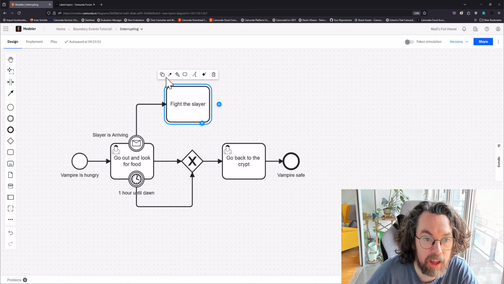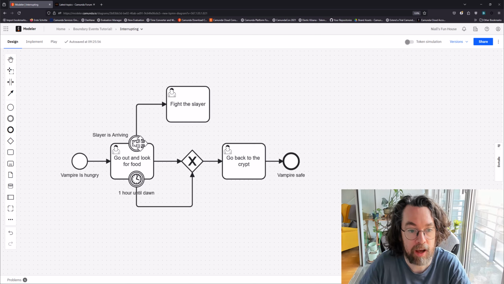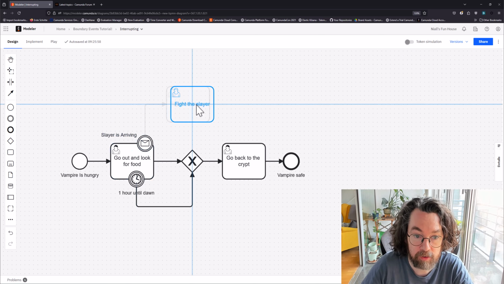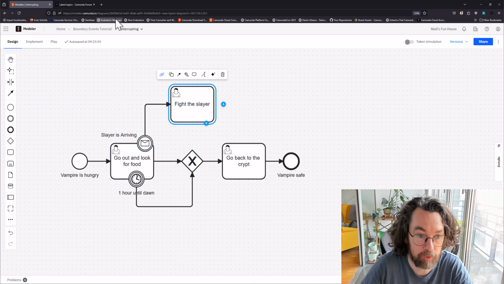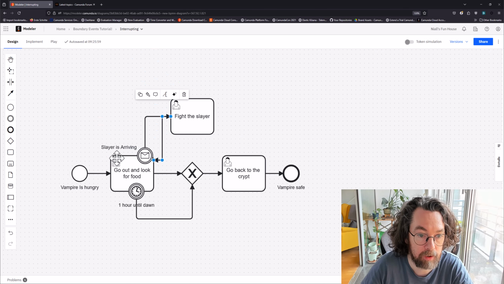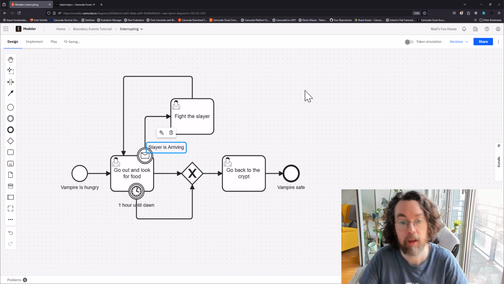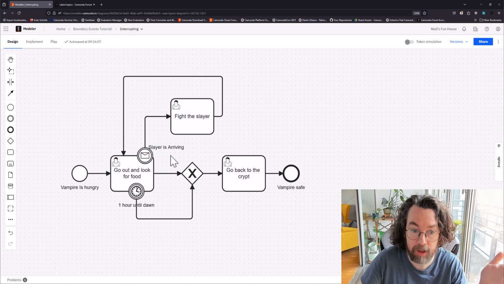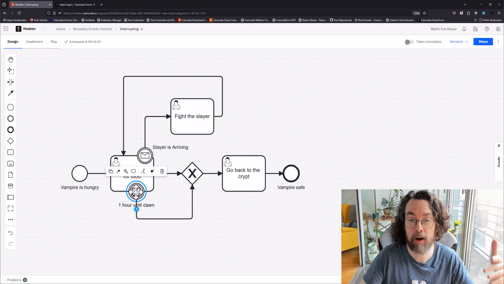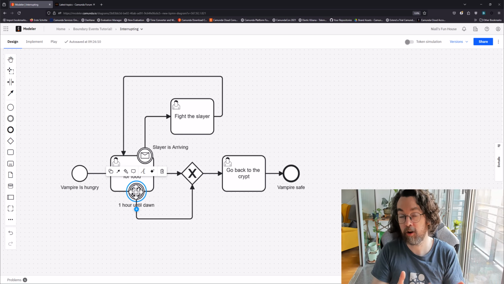And that's probably a user task. And obviously once we've fought our Slayer, we'll just go back to looking for food because, you know, it's hungry work. So let's put that here. Great. Okay, so the way this works now is while the timer event works essentially by assessing the current state